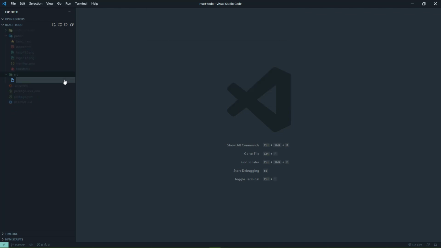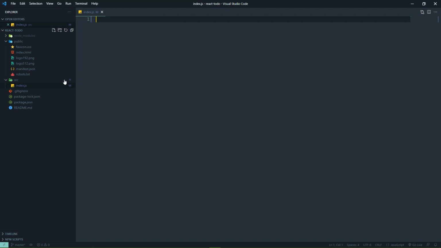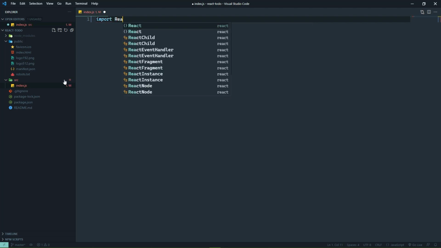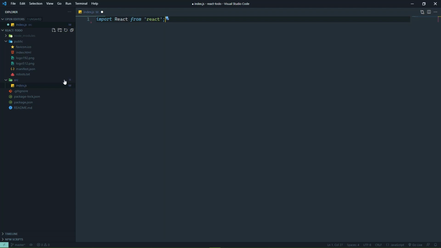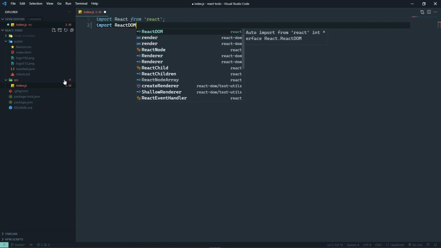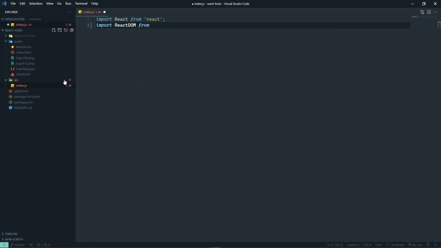But first, remember from the previous lesson that we need a file called index.js. This is the entry point of our application. And the very first thing we need to do is import React. In fact, just get in the habit of writing that as your first line of code whenever you create a JavaScript file inside of a React project, because just about every JavaScript file that we create is going to be for a React component. The second line of code that you should get in the habit of writing is importing